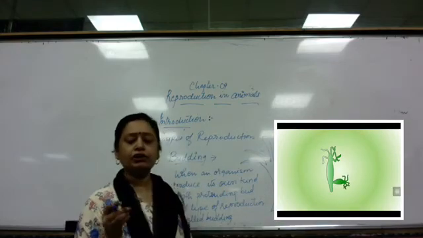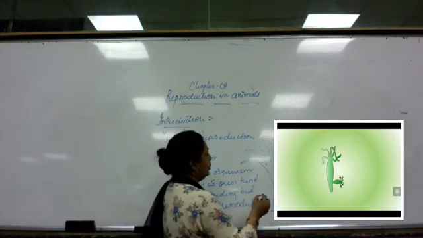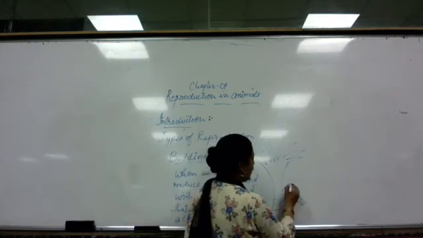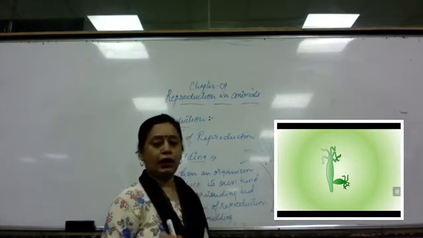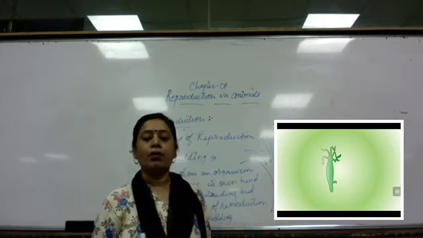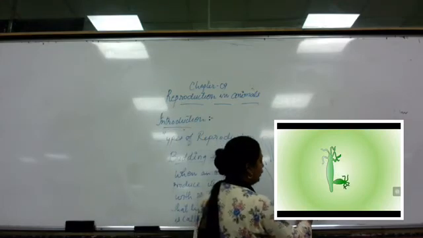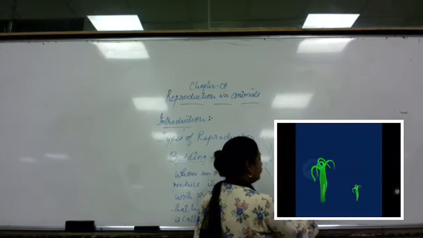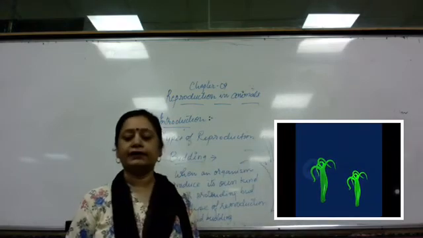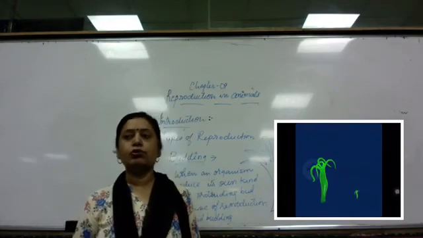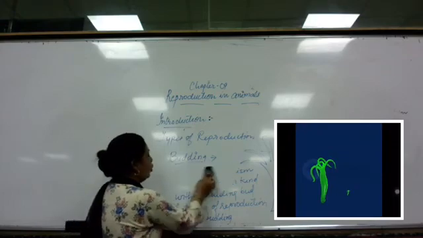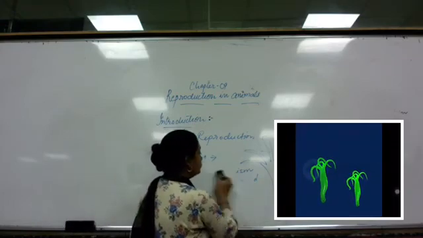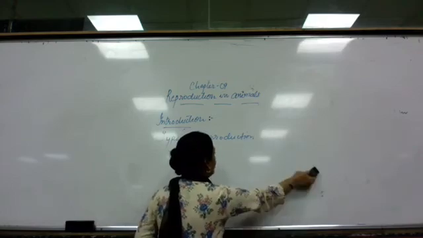The parent's body gives rise to the bud. Then the bud slowly starts growing in size and develops tentacles. Ultimately it gets detached from the parent's body and develops into a new organism. This is called budding, as the organism has grown from the bud produced on the body of the parent. And you must have seen only a single parent is involved. That's why it is asexual reproduction.